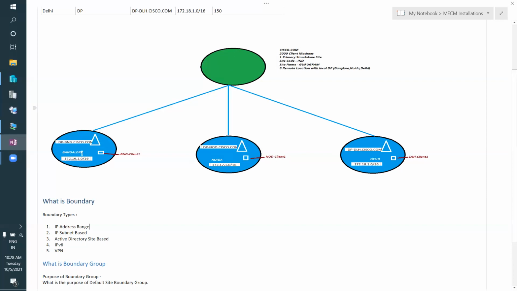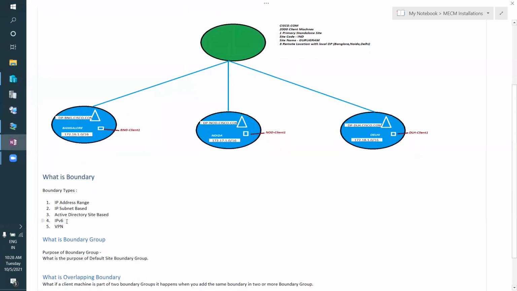All of your client machines in the Bangalore location will be joined under bangalore.cisco.com, so this will be an Active Directory site. You can create Active Directory site based boundaries so that all the devices under that particular Active Directory site can be managed through SCCM.